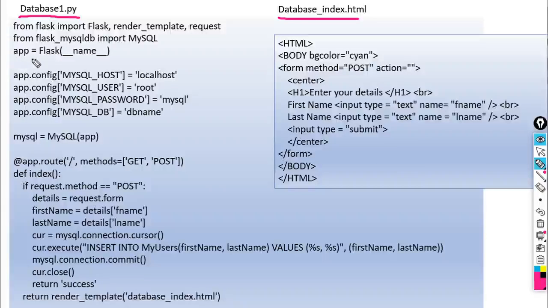Okay, next app is equal to, so the same thing is there. Then we have to configure MySQL.